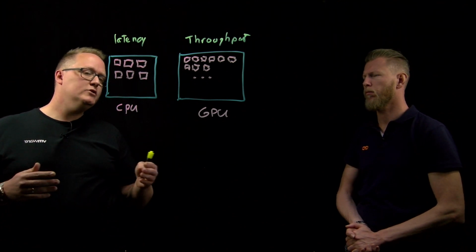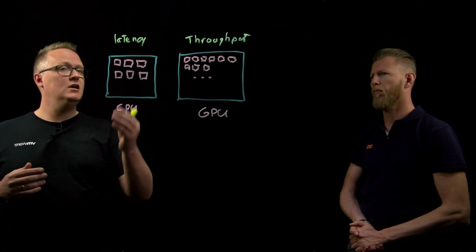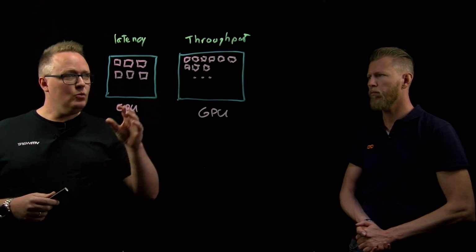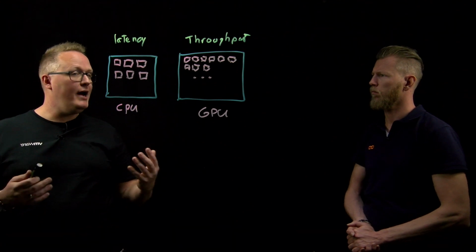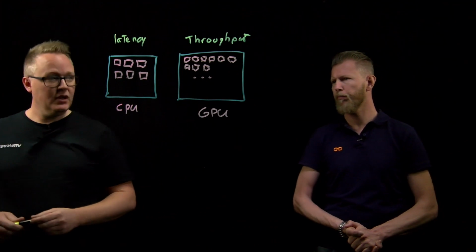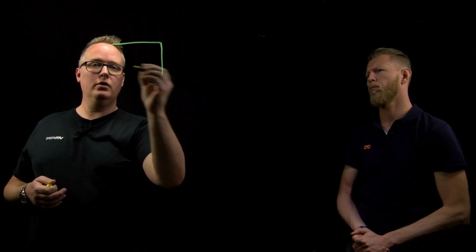Well, what we can do is zoom in on a CPU architecture, a high-level overview, and see why it is built for as low latency as possible. And what we will do next is go to the GPU architecture and look at why it is optimized for throughput and large computations, because that's basically it, right? Okay. So when we look at a CPU, we'll zoom in on a specific CPU core. We just explained that a CPU has like 30-ish cores. When we look at a core of a CPU,